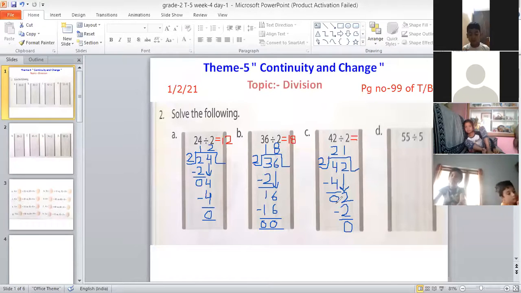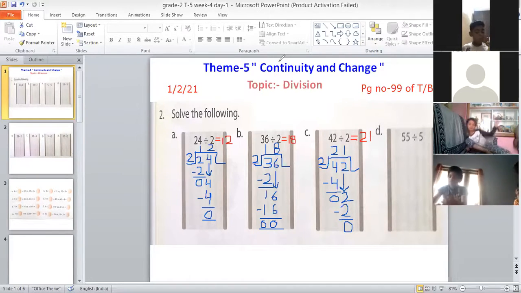What is 2 1? Very good. The answer is 2 1 21. That's correct, Lohit. So we'll be writing this answer beside the question. You'll put here an equal to sign and then you will write this answer, 2 1 21. Okay? Fine.